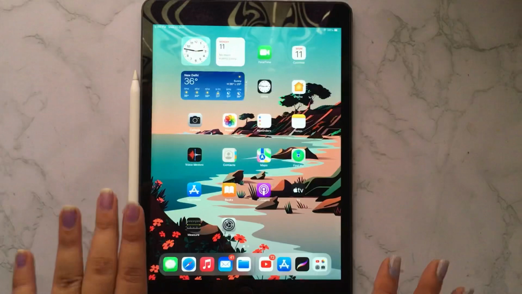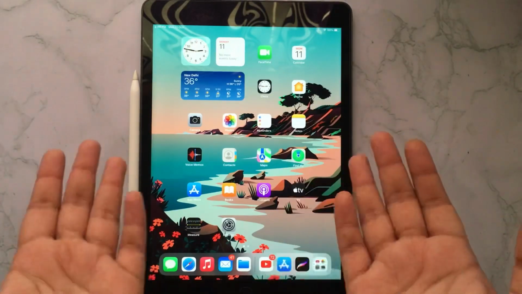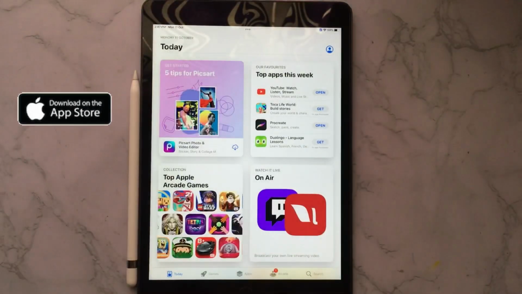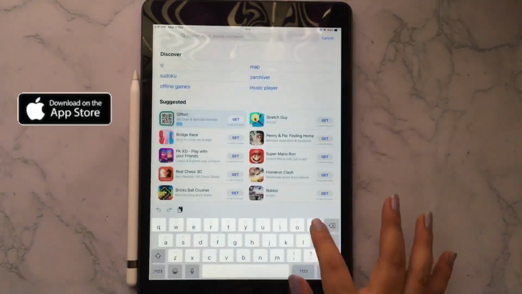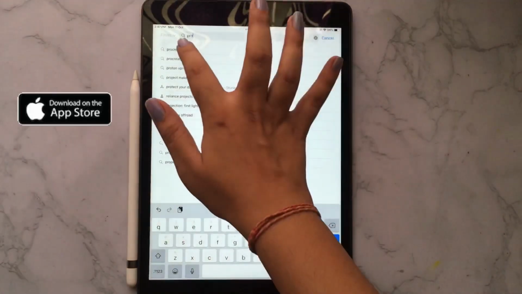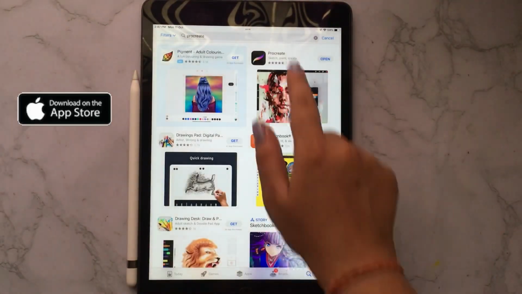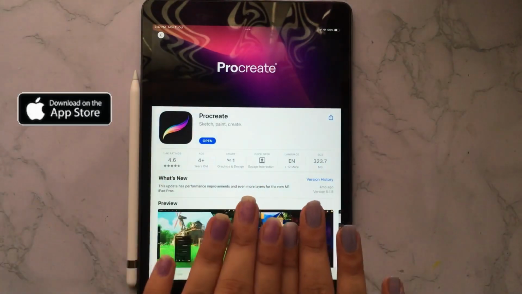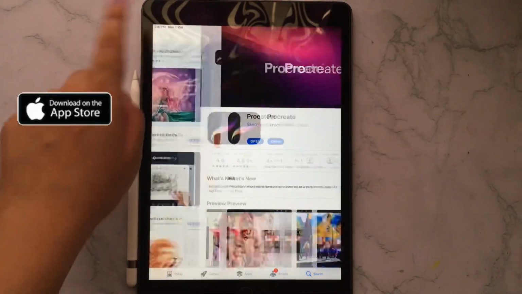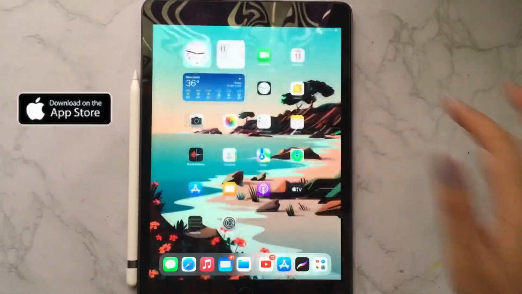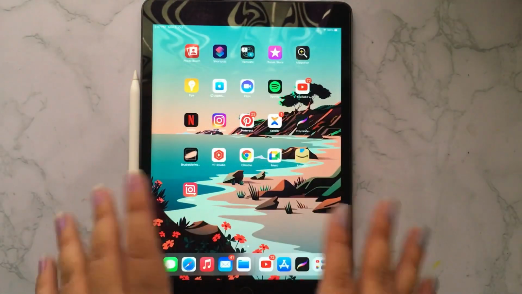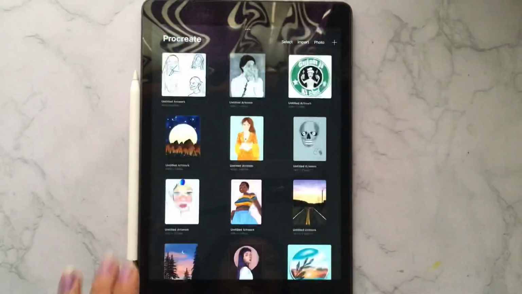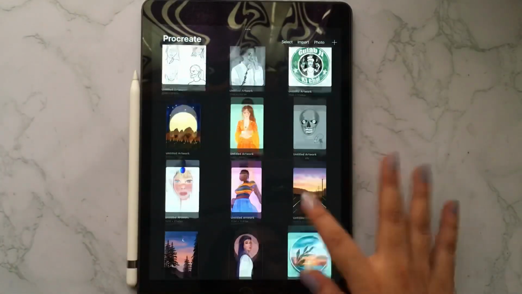If you want to do digital art on iPad, you can always get Procreate app. It is amazing. You can go to App Store and you have to purchase the app. You can search for Procreate and purchase the app. It is for 900 rupees and you will get it for lifetime. So you can purchase this app from App Store, and it is a one-time investment, so it is very good. You can get this.